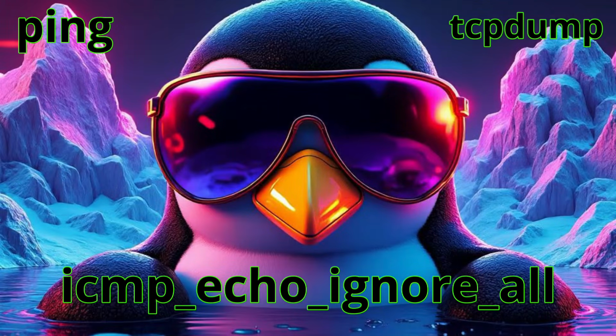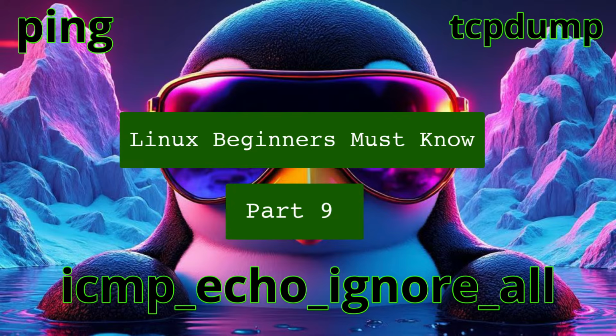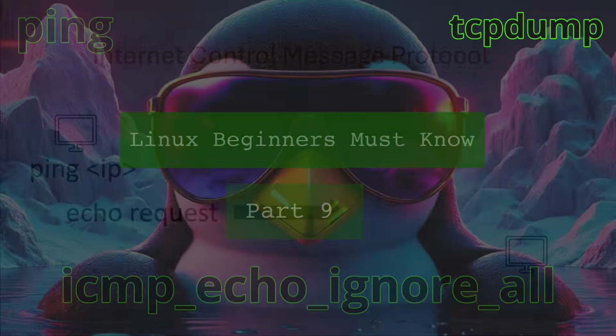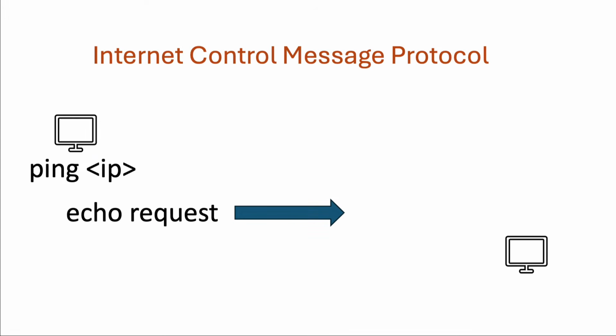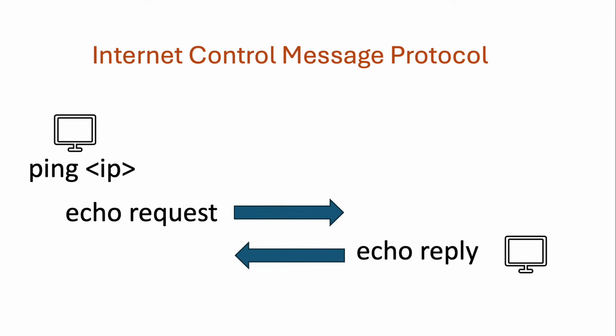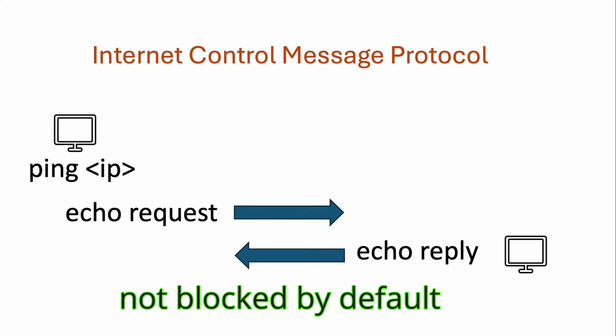Hello, now this is a really short video in which we'll see how you can hide yourselves on the network for ping requests. To find out about other machines on the network and whether they're alive and reachable, you can use the ping command. Using ping means you send an ICMP request and hope to receive an ICMP reply. ICMP requests are not blocked by the Linux firewall daemon by default, so you either have to explicitly block them or